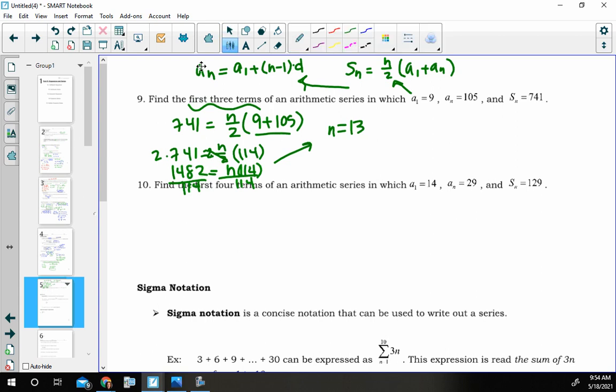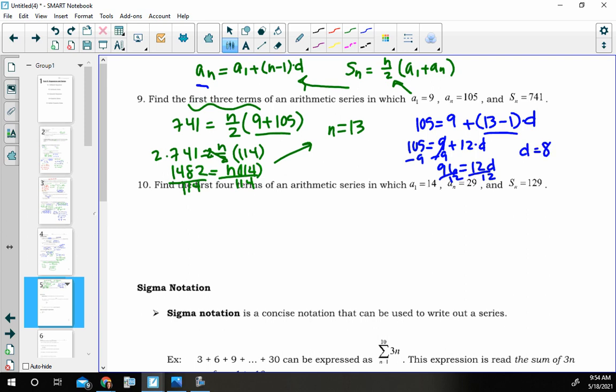So now let's see what I can get out of my other sequence formula. I know my a sub n is 105. I know my first term is 9. My n is 13, which means there are 13 terms. And now I can find my distance so that I can find my first 3 terms. So this is going to get me to 12. I can subtract 9. 105 minus 9 is 96. And divide by 12